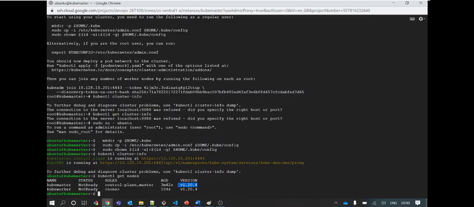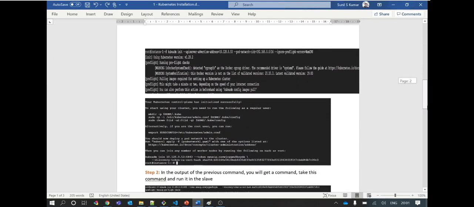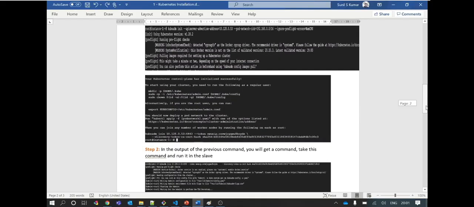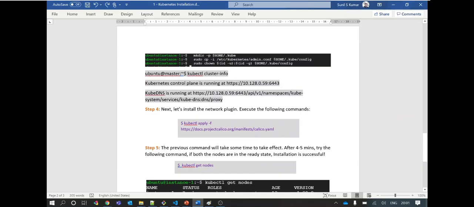So what next? Why are they not able to communicate? Why are they showing not ready? Because the networking setup that is required for pods to communicate, we need to create using a container network interface, CNI, plugin. There are various plugin options available like VNet, Calico, out of which we will be using Calico here to support my networking related configuration. How can we do that?